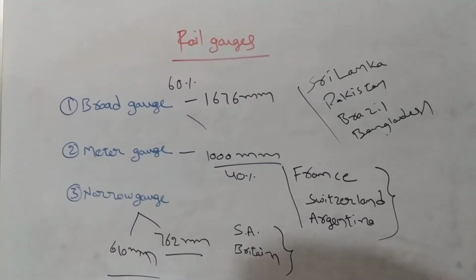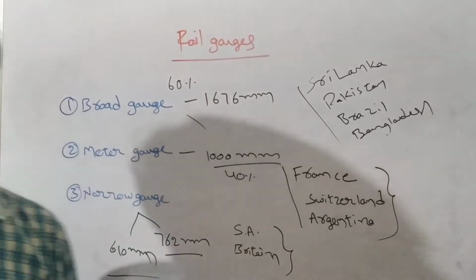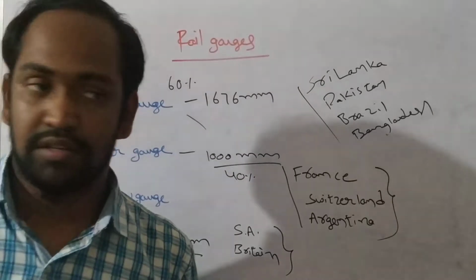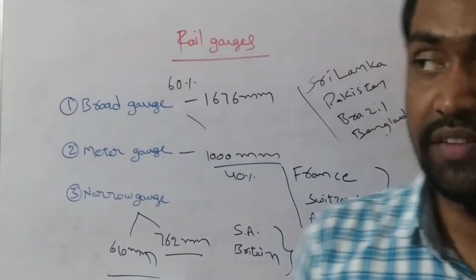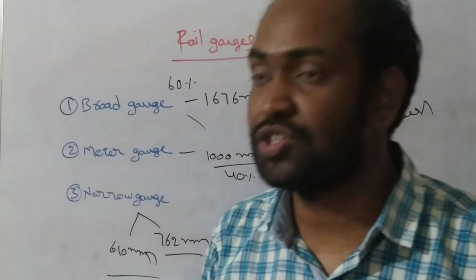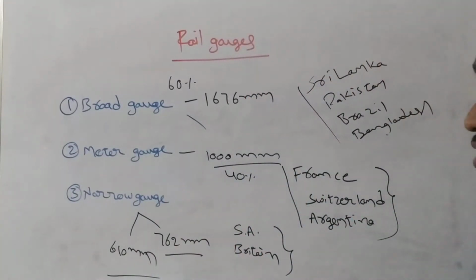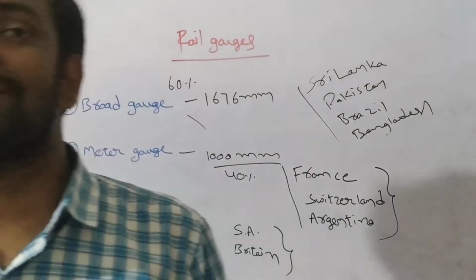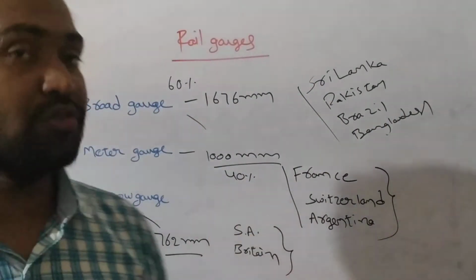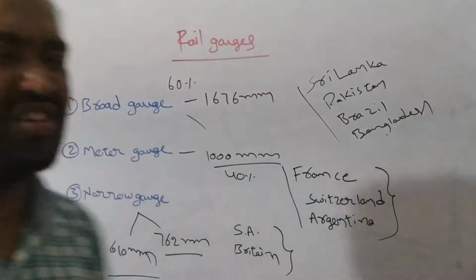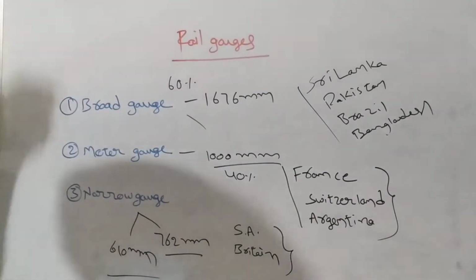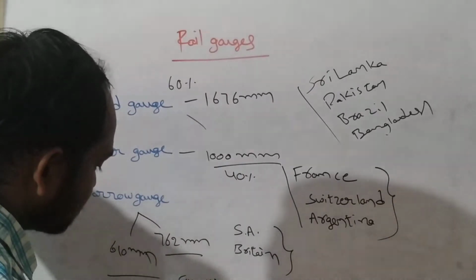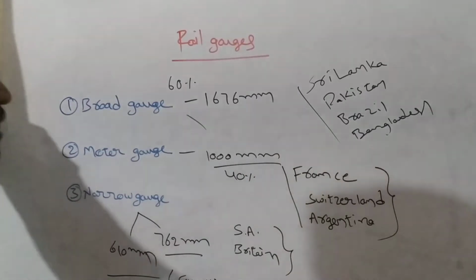This narrow gauge is suitable only when the country is poor. It means whenever the country cannot spend so much money on railways, and whenever the revenue of the country from railways is very low. In those cases we can use narrow gauge. And one more case is the place where we cannot employ broad gauge, standard gauge or meter gauge. In those cases we can apply only narrow gauge, especially in congested areas like forests and hilly areas.